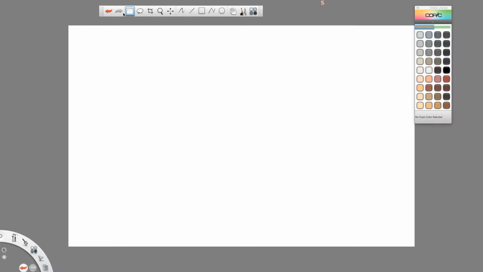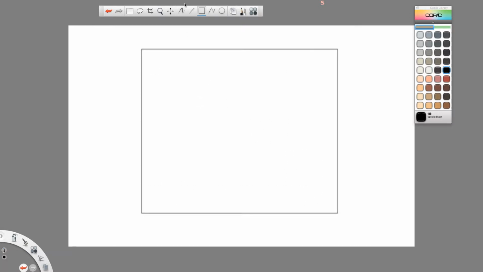Perfect. All right. So now I'm going to select a square, and I'm going to select black, and I'm going to make a really big one. And then I'm going to draw a line down the middle. And I'm going to tell you that this line is permeable to certain gases. So if I go back to here